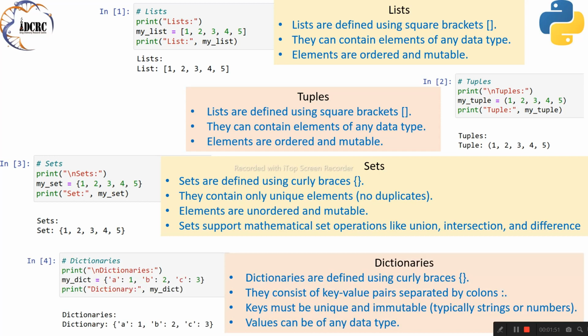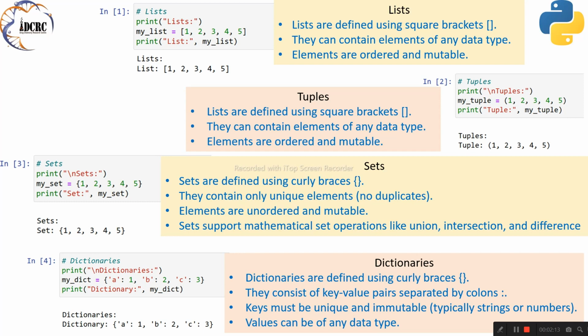4. Dictionaries. Dictionaries are unordered collections of key-value pairs enclosed in curly braces. They provide a way to store and retrieve data using unique keys. Dictionaries are highly efficient for data retrieval and manipulation. Use cases for dictionaries: storing data with a unique identifier, implementing lookup tables or mappings, representing structured data like JSON